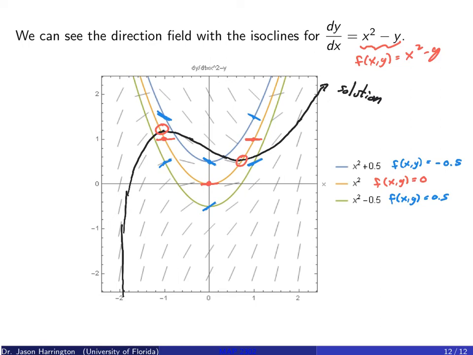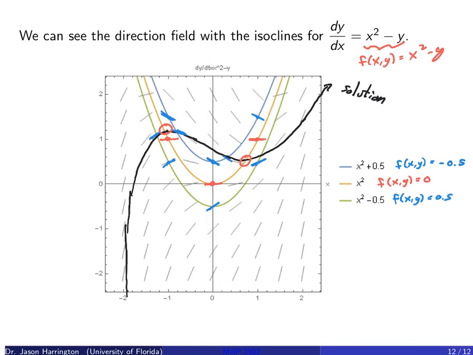And when it hits the green line, remember the slope should be 1. And it didn't quite go down enough for that one. I was trying to match it out. But you can see that the slopes on the solution curve should match with what's happening in the isocline. All right, so that's pretty much it for this particular section. Now don't forget, if you really want to make sense of all this, you have to graph some of these things by hand to get your hands dirty, as it were, to see how all this stuff goes together.